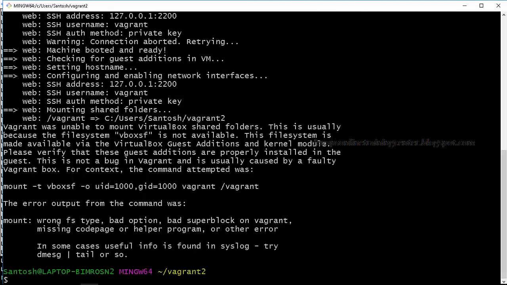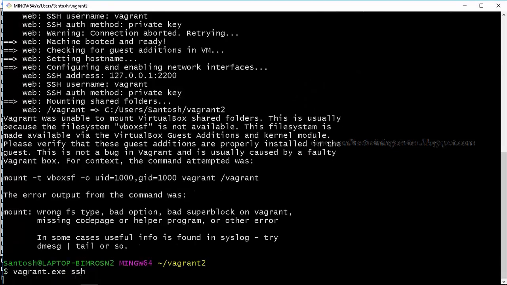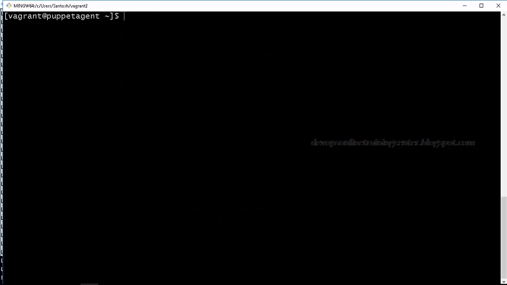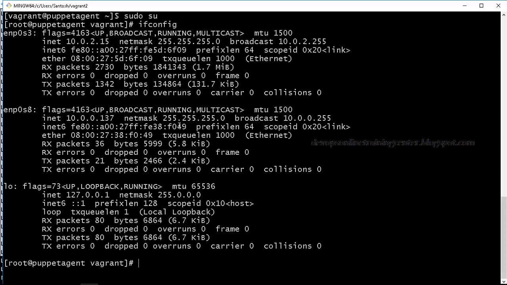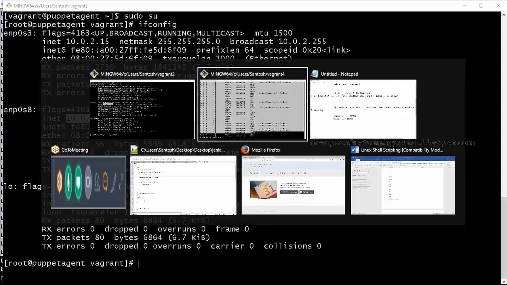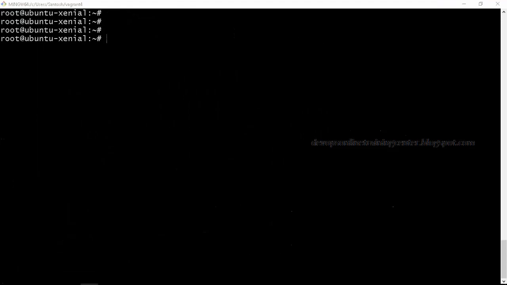So I have two machines. Let me log into one of the machines. What is the IP address of this machine? This is the IP address. I'm trying to ping this from the other machine. This is the first machine, this is the second machine. I want to see whether the other machine is alive or not.